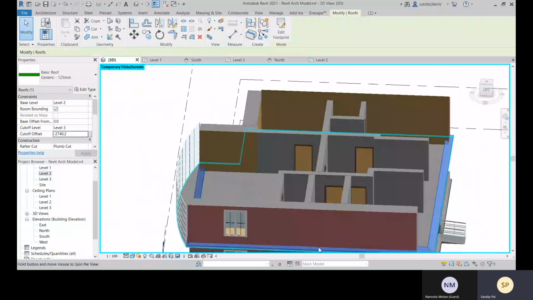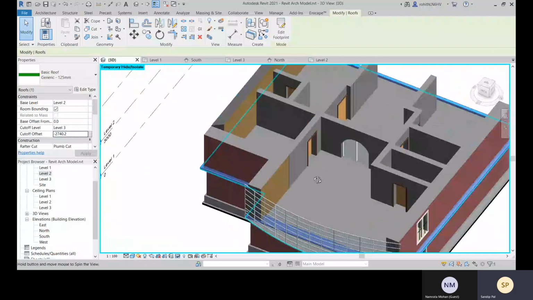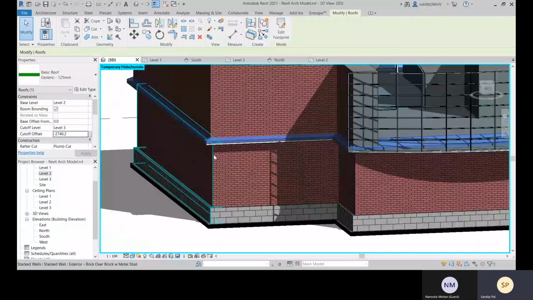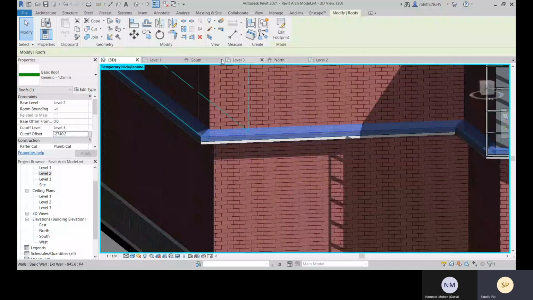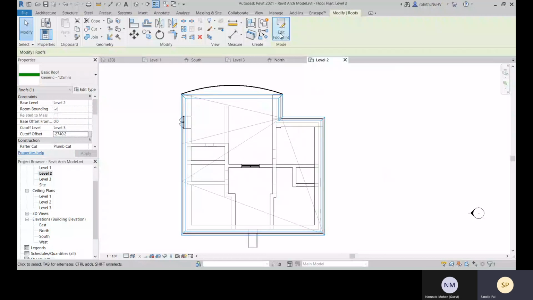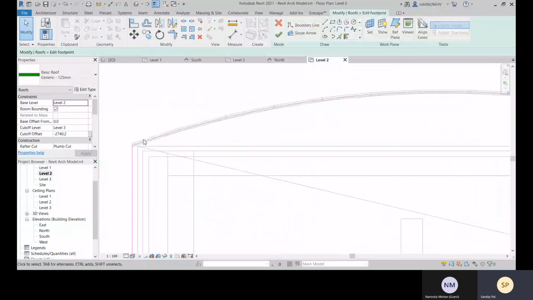Okay, so according to that you will define it. Okay, so for this also you can hit like that. So then come to level 3, and there you can define the footprint there.